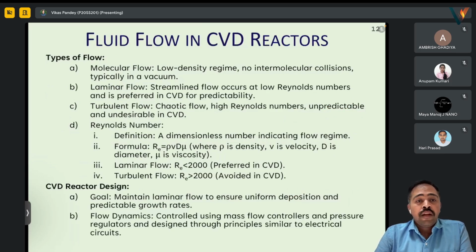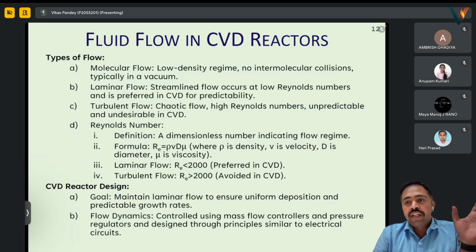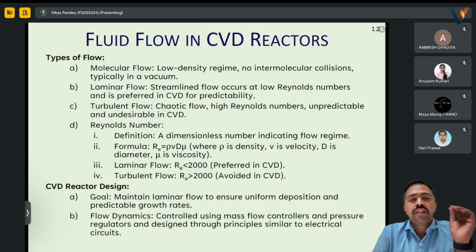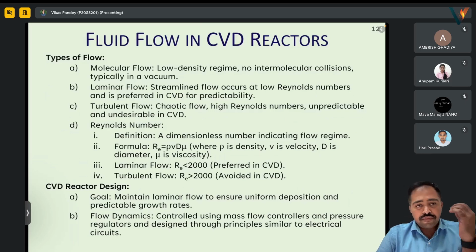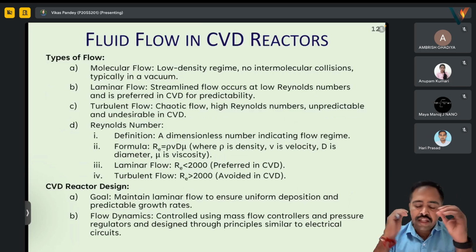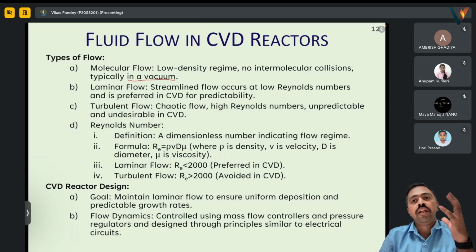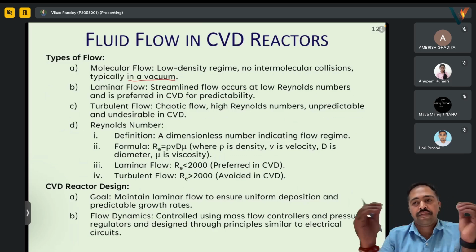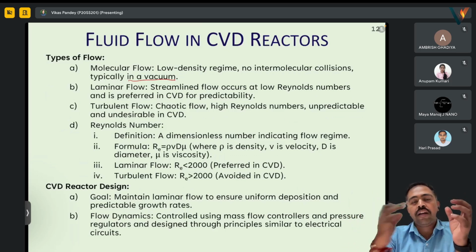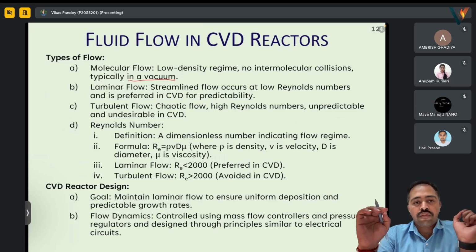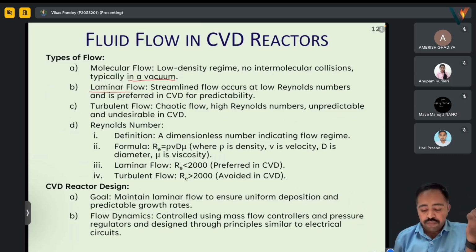If we talk about the flow in the CVD reactor, any flow can be of three types. Molecular flow has very low density and no collision of molecules. It is a very smooth flow, and this typically happens in vacuum. That means a very low density of gas molecules flowing freely without any collision. This is molecular flow. The second one is laminar flow, that is streamlined flow,